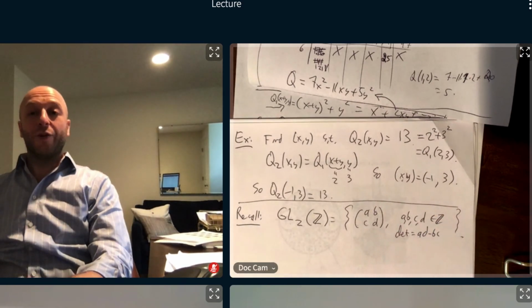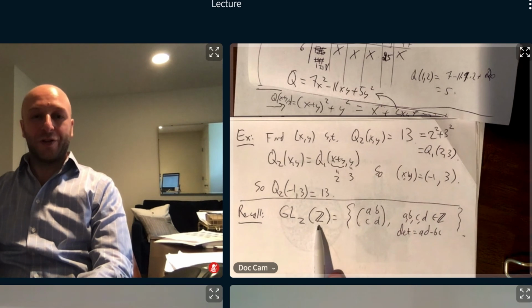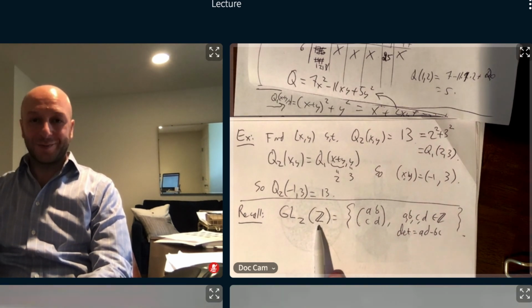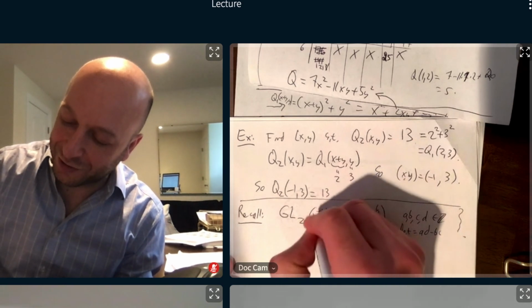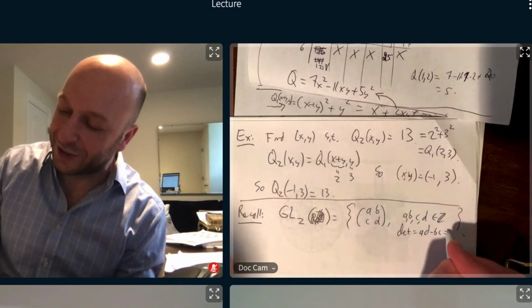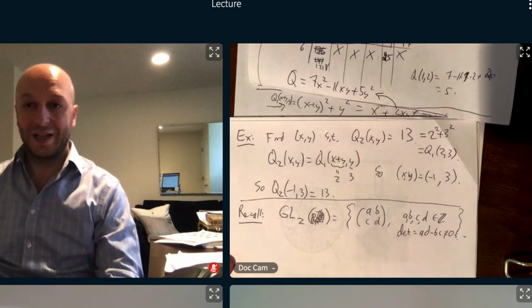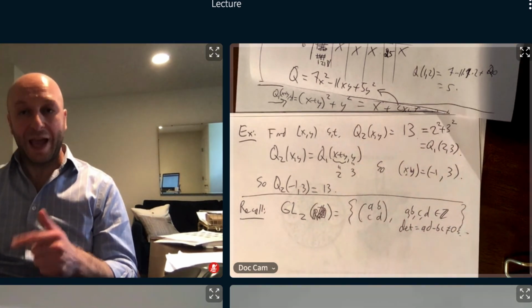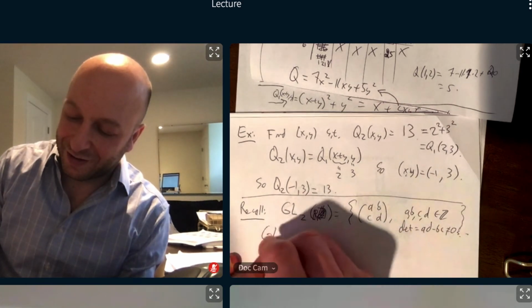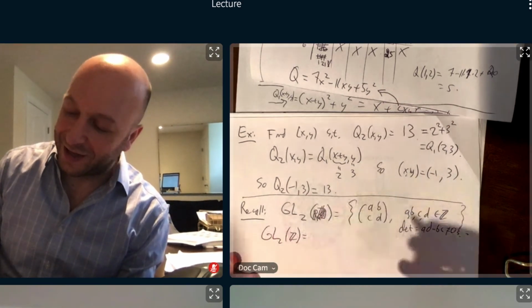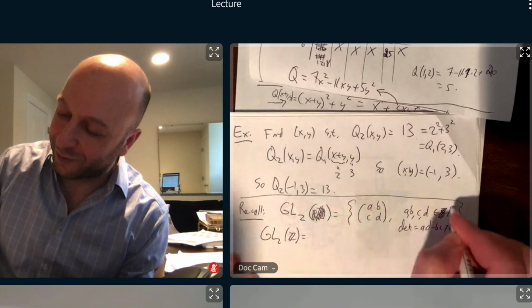So in the real numbers, what's important is for the determinant to be not 0. So maybe first I should say GL2R is where the determinant isn't 0. But if I want it to be invertible by another integer matrix, GL2Z, so this is real entries,